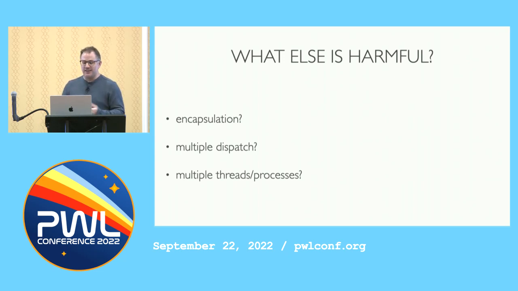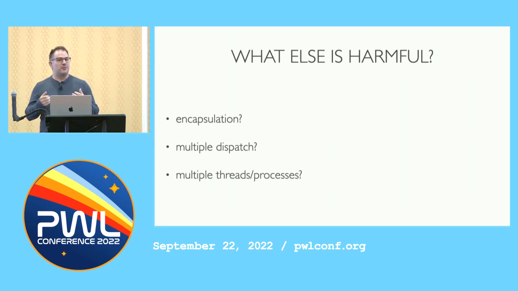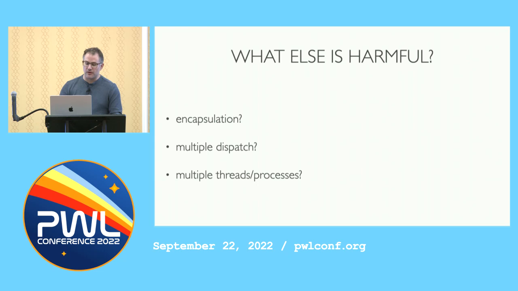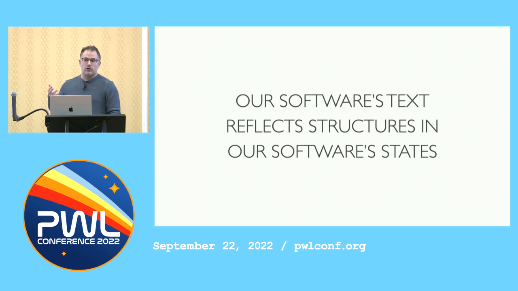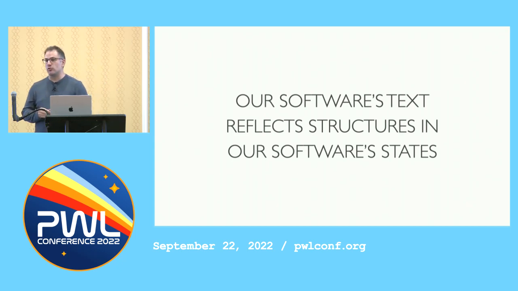Is that bad? And let's not even get into how we can try to serialize multiple threads or multiple processes into a single coherent trace. These are all things which we do in modern programming languages, in our day-to-day work. These are things which make the trace very indirectly represented in our program's text. And so I think it's uncontroversial to say that, generally speaking, in our code we are trying to represent the state, right? Certain patterns within the state, how we represent data within memory. That is what the text of our code most directly represents.